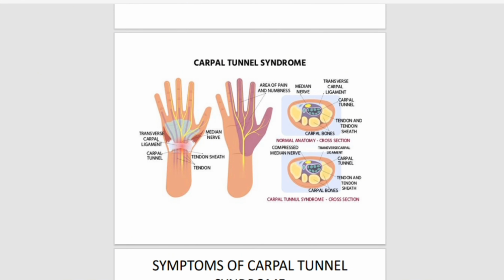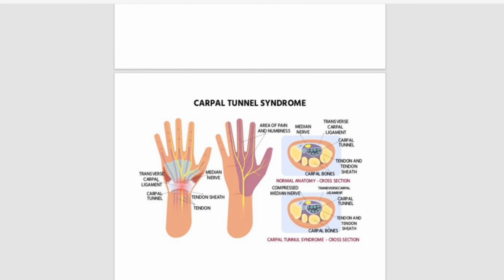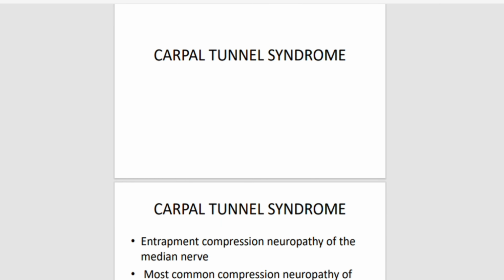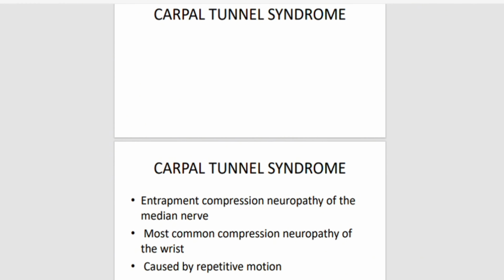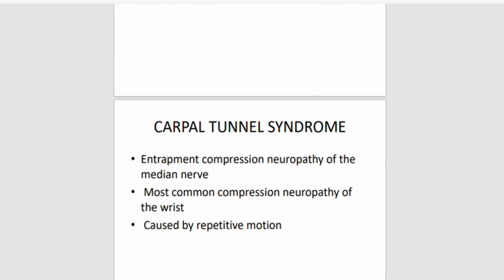passage. Now, whenever the median nerve is compressed in this tunnel, it causes median nerve compression, which as a result causes carpal tunnel syndrome. Carpal tunnel syndrome is very common in typists, or people who are constantly at offices typing their work. Moreover, it is also caused by repetitive motion at the wrist joint. Compression neuropathy of the median nerve results in CTS, and the most common compression neuropathy of the wrist is carpal